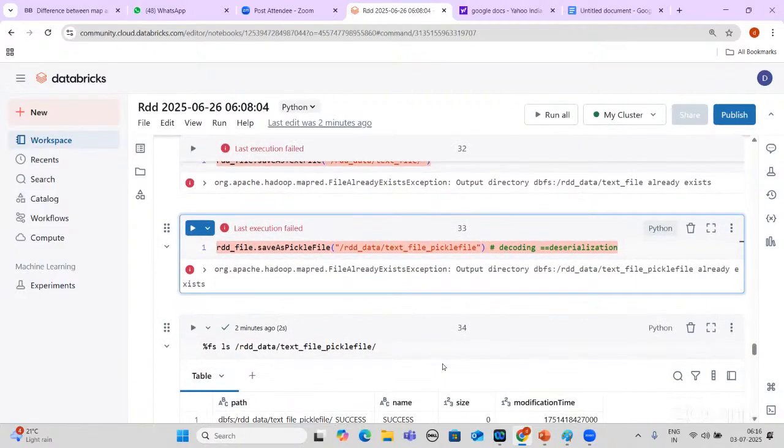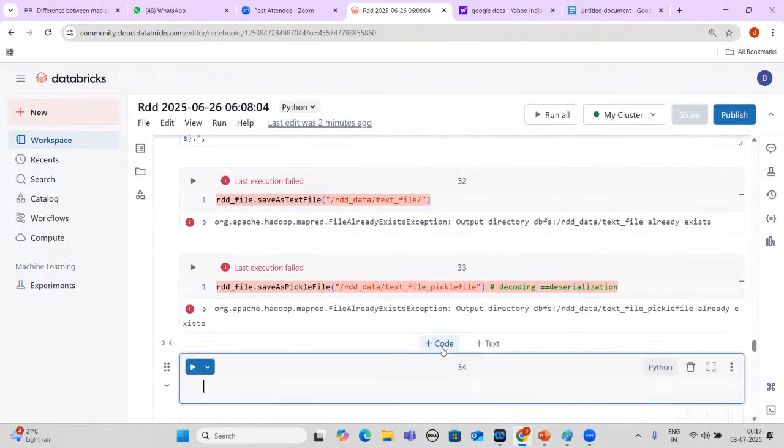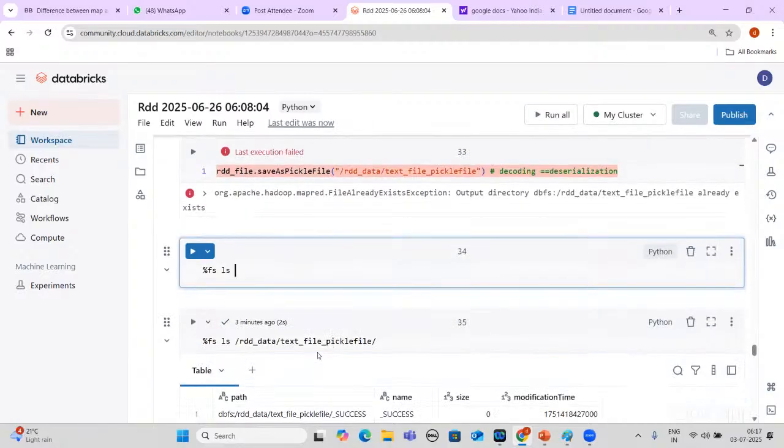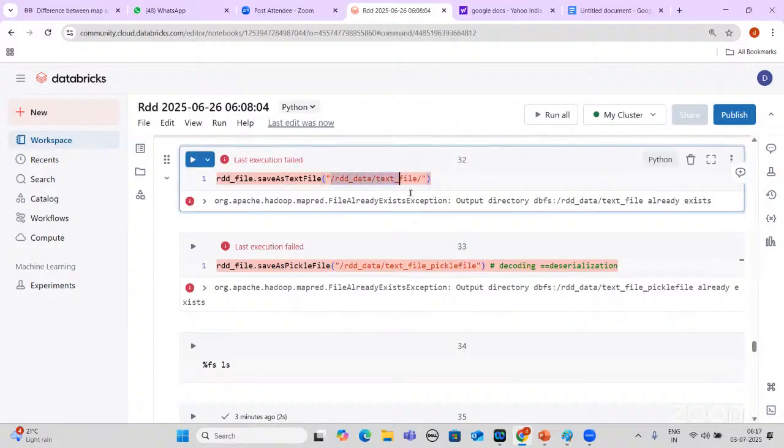So let's check this file. How to check that? I'm giving %fs ls and the path, the same way I gave the path here. This is for the text file.